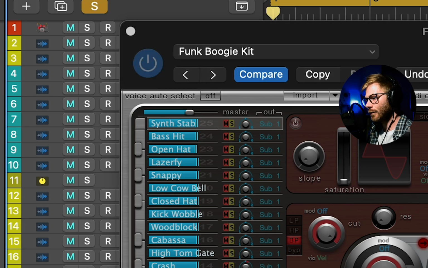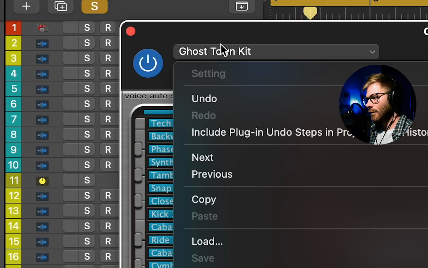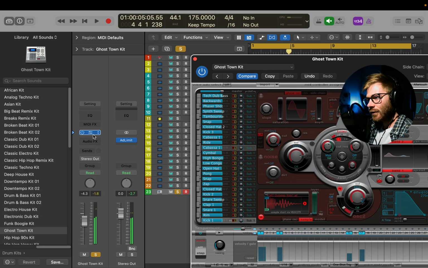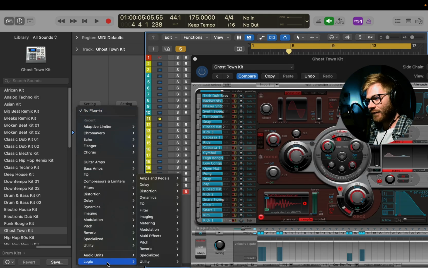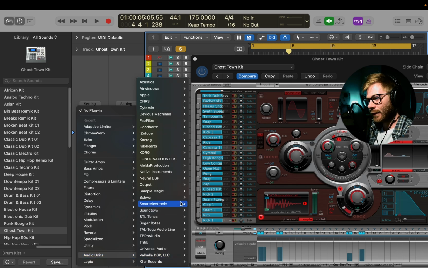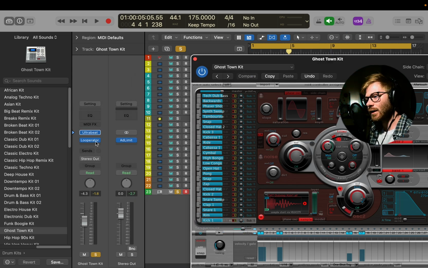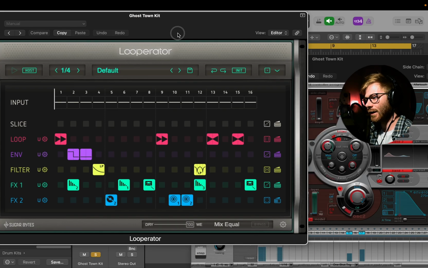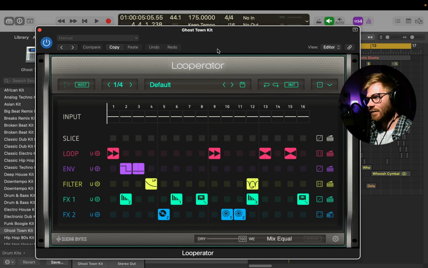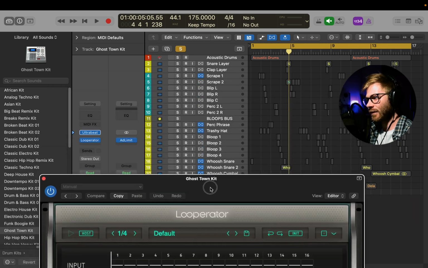Okay, so I'm just going to slap a multi-effects plugin on, something like Sugarbyte's Looperator. This is a bit like Effectrix that I've shown off before. It's by the same company, Sugarbyte. And if I just show you what this does to that drum loop,